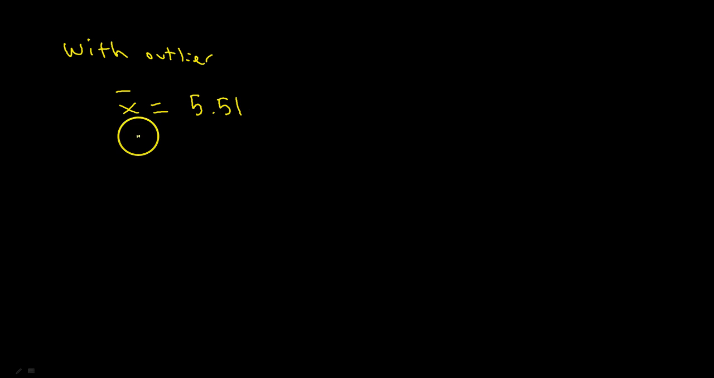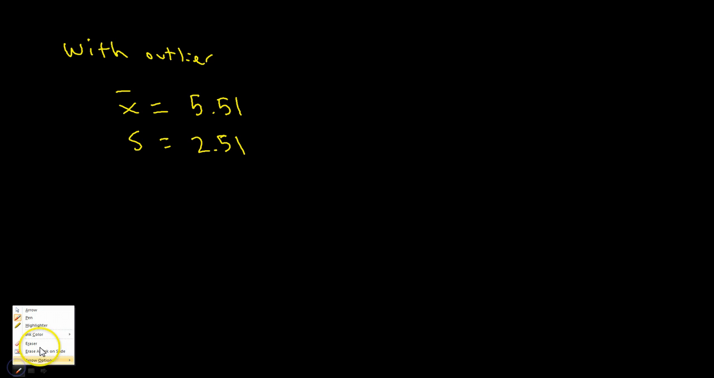So just to show you what kind of influence this can have, with the outlier, your summary statistics are such that your mean is 5.51, and your standard deviation is 2.51, I believe. Keep forgetting that. And then without your outlier, let's say,